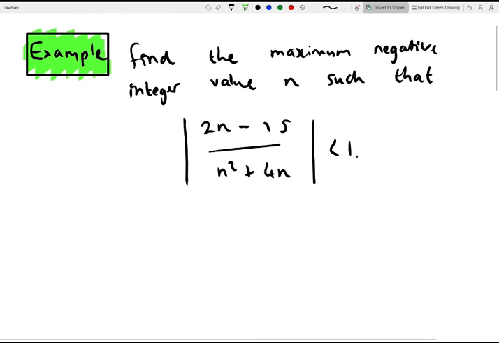So we have to find the maximum negative integer such that this is true. And the solution to this is,